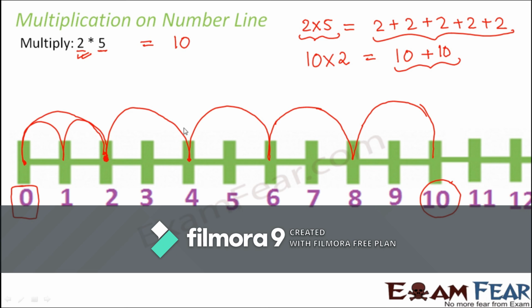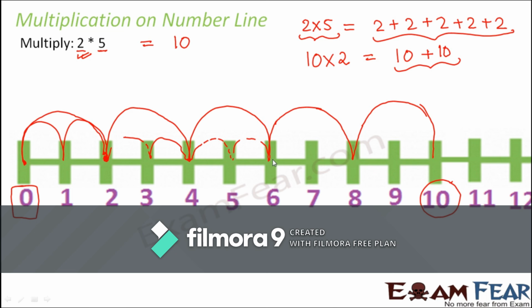So the first time you added a 2, you again added another 2, you again added another 2. Every time you add a 2, that 2 corresponds to 2 jumps. That is why you see you are jumping from 2 to 4. So similarly here you are taking 2 jumps because you are adding 2 at one time.